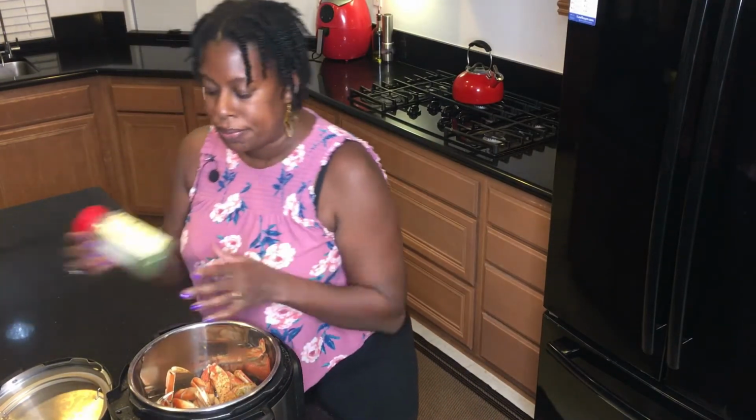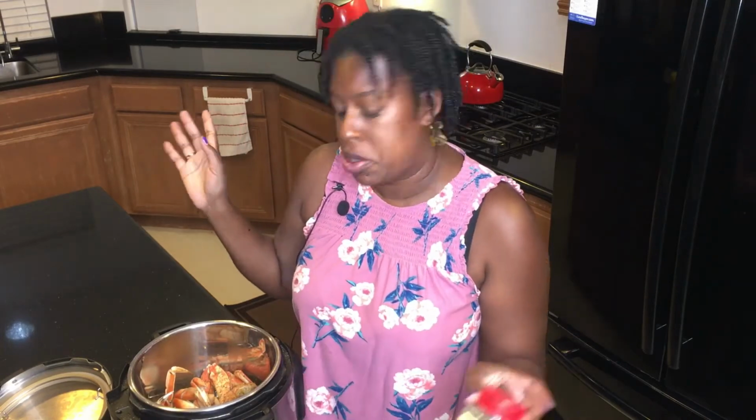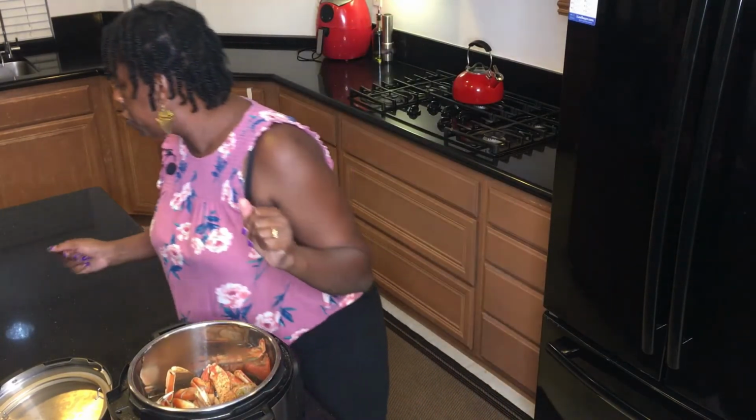Then I put some parsley on it. The reason why, I guess, is because it just looks good. You know, you see it on the Red Lobster commercials. I don't know why I put parsley on. I don't know the flavor, but I put it on there. Whatever. My secret ingredient,